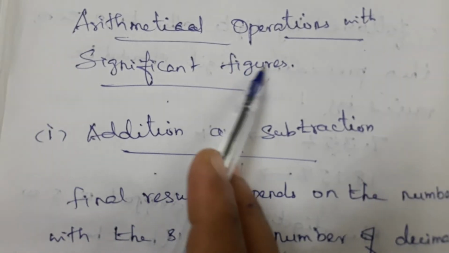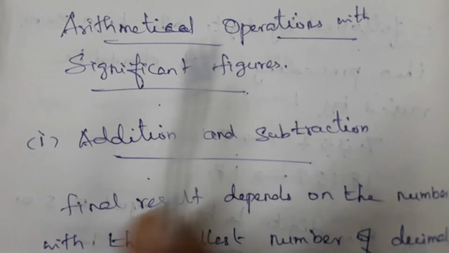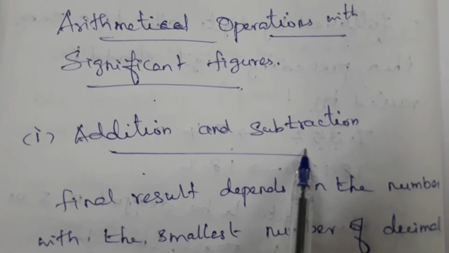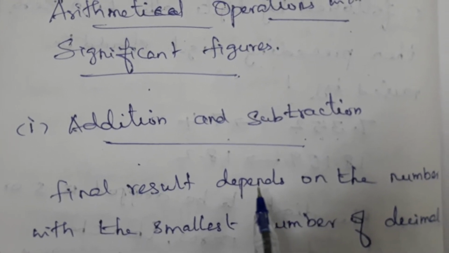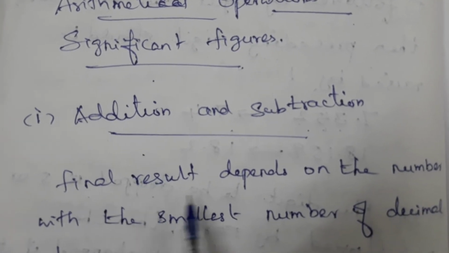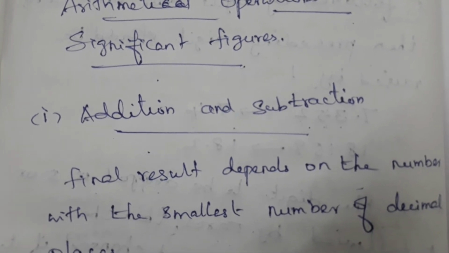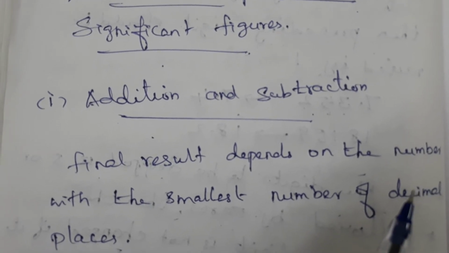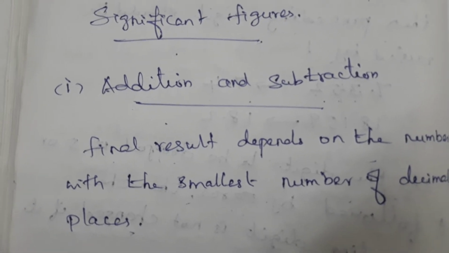Let us see the arithmetical operations with the significant figures. First one, addition and subtraction. When we are adding or subtracting numbers, the final result depends on the number with the smallest number of decimal places. In the given quantities, whichever number has the smallest number of decimal places, with that we have to make the result. For example,